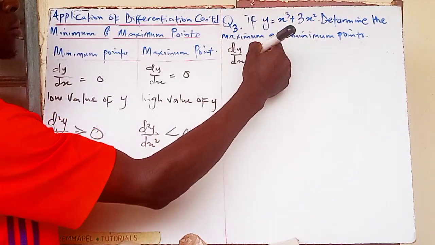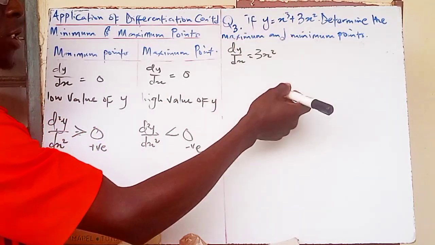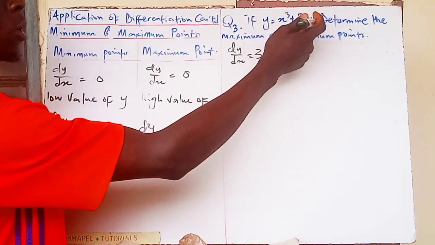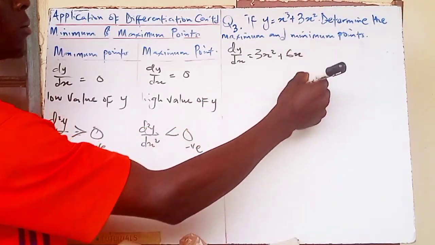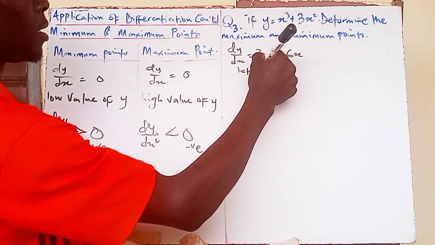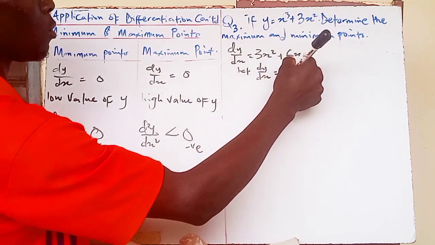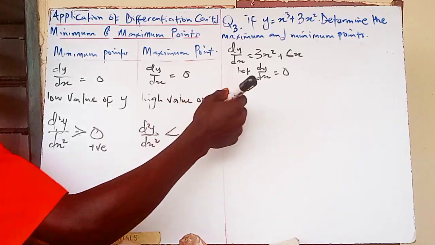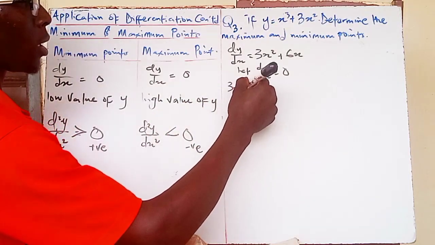This will be 3x squared. I'm sure we are good with differentiation now. So plus this will be what? 6x. Now equate it to 0. So let's just say let dy/dx equals to 0. We are following this rule, right? So if you equate that to 0,